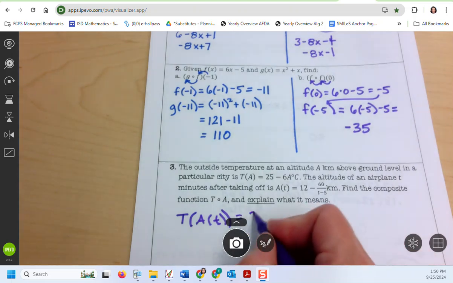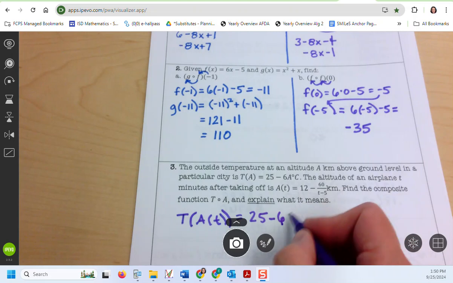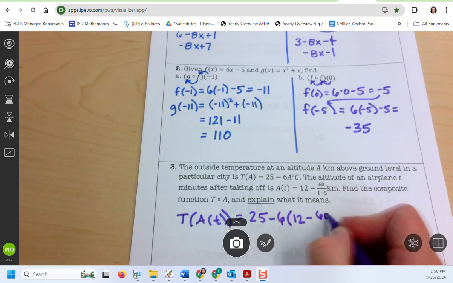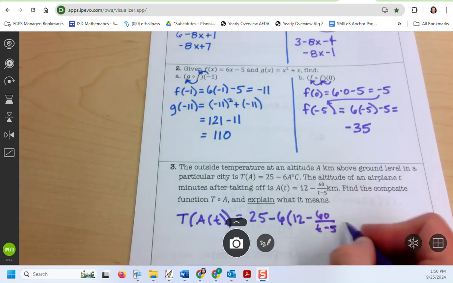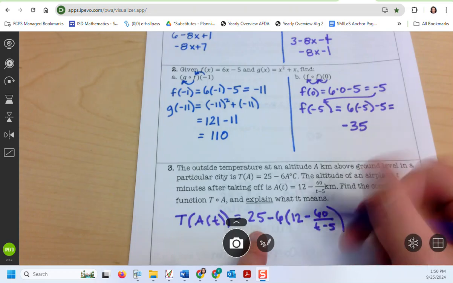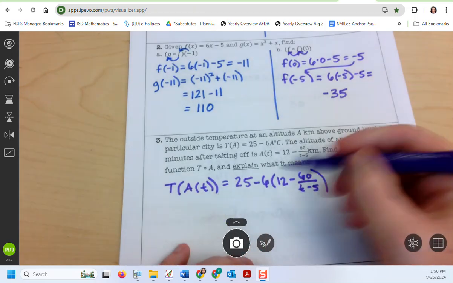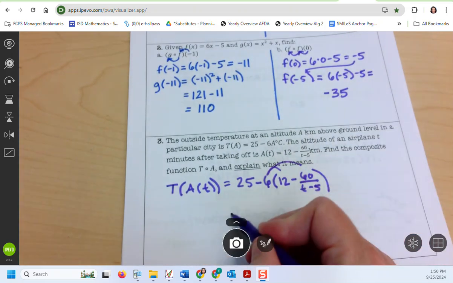It's going to be 25 minus 6, and then replace A with the function A, 12 minus 60 over little t minus 5. So I replace the A with a whole function A. Just like before, I'm going to distribute that negative 6 like that. So I'm going to have 25